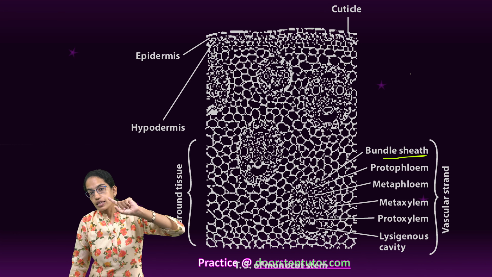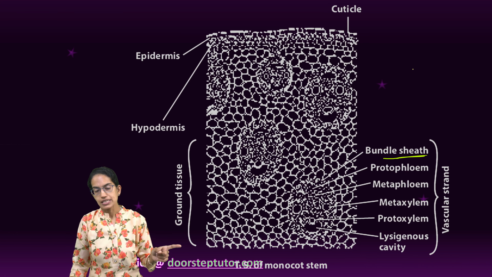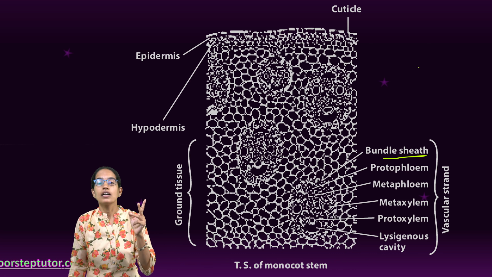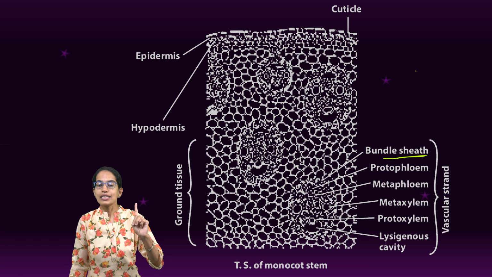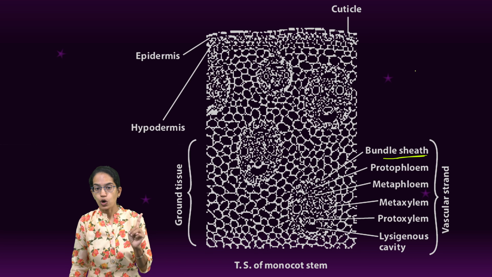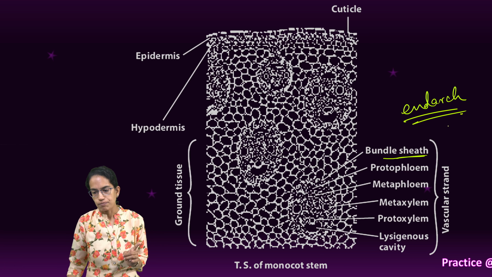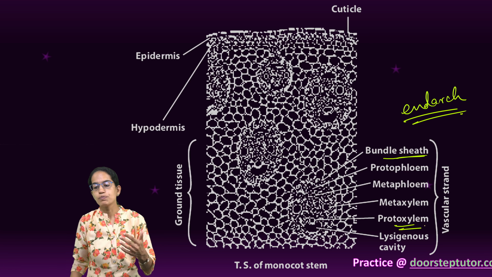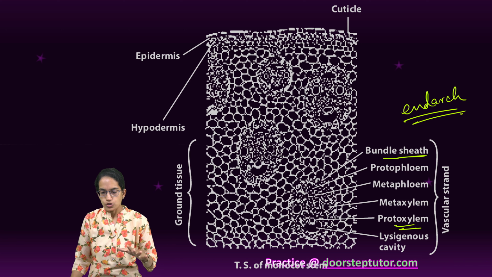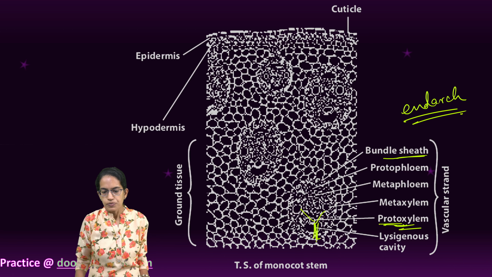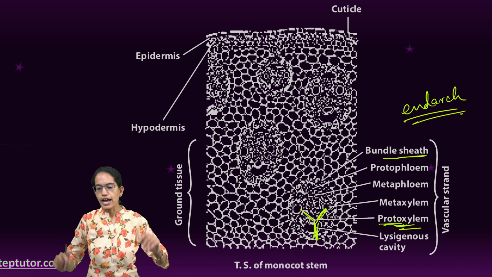Now in the vascular bundle, previously we had seen for a leaf it was collateral, closed and conjoint. Okay, in the case of root, monocot root, it was exarch. Here it is endarch in nature. That means protoxylem is below the metaxylem. So what is the structure? It is Y-shaped in nature. The Y leg, the lower part of it, is the protoxylem. The two strands of the Y are the metaxylem.